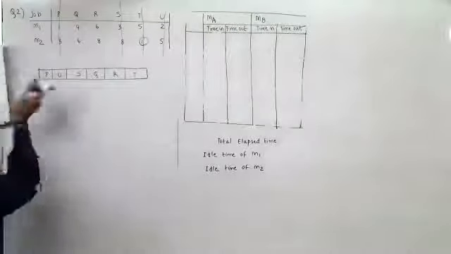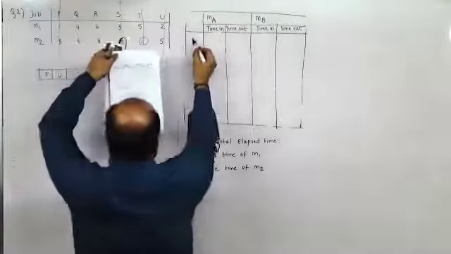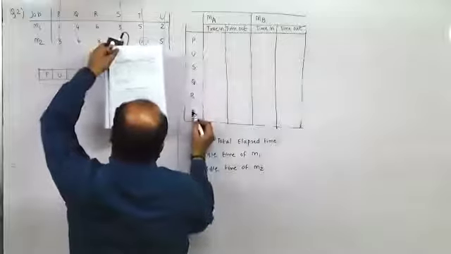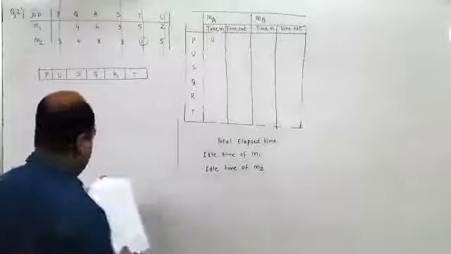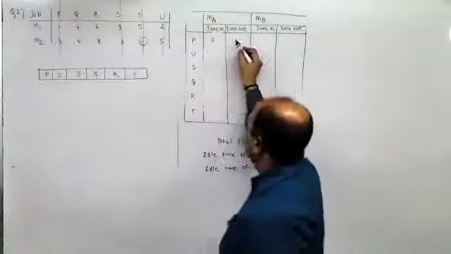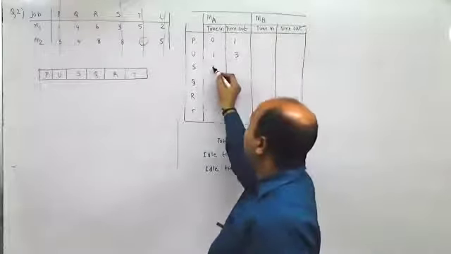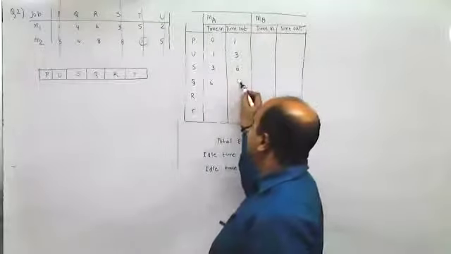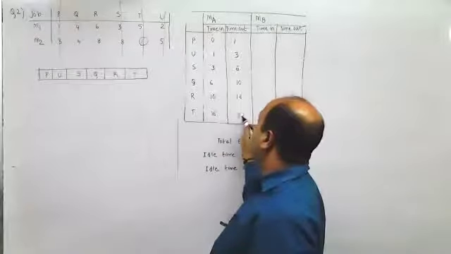Now the best part is they have mentioned it in the second column. So here P, U, S, Q, R, T. So even if you're making a mistake, you can see here, this would be 0. Now 0 in the first row, P, so 1, R, 1 in the first row, 3, 3, so S, 6, 6, so Q, 10, 10, R would be 16, 16, it would be 21.